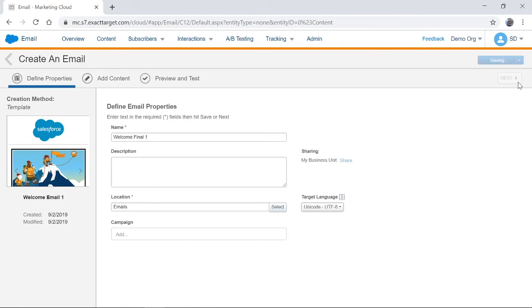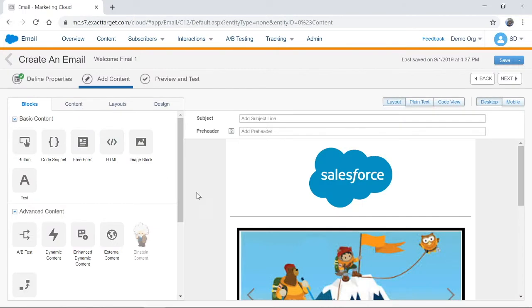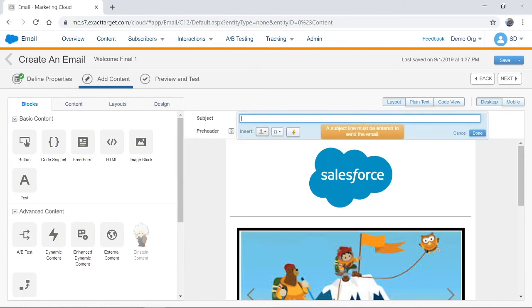Then click next. What you would notice over here is that in this section you could further add content, and that's why the second step is called add content, and the process is the same. The difference over here, what you may notice, is that we have the subject and the pre-header. So that was not there in the email template